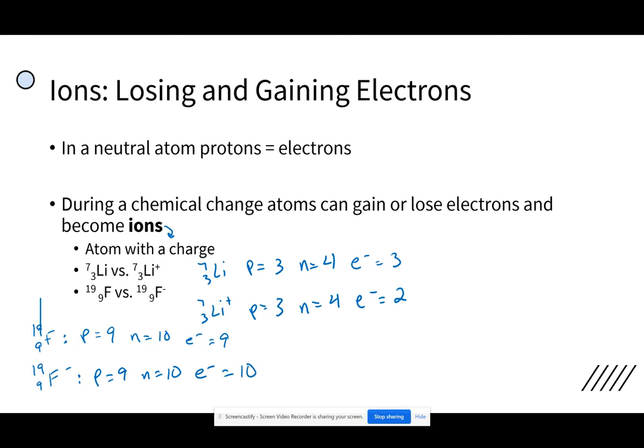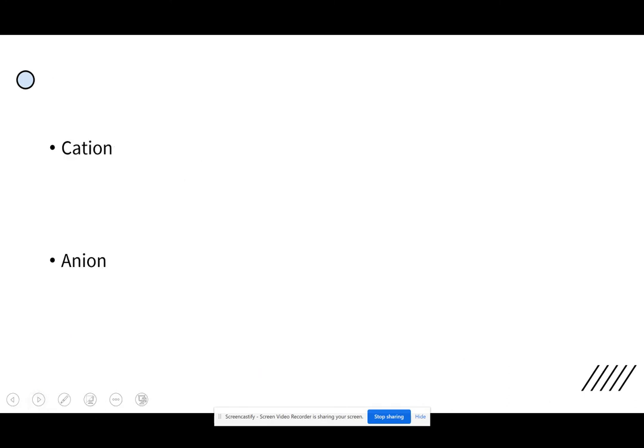So to get the charge, it's always like the opposite. If I have a positive charge, I lost electrons. If I have a negative charge, I gained electrons. A cation is a positive ion. And as we just went through, positive ions are formed when atoms lose electrons. An anion is a negative ion, and this is formed